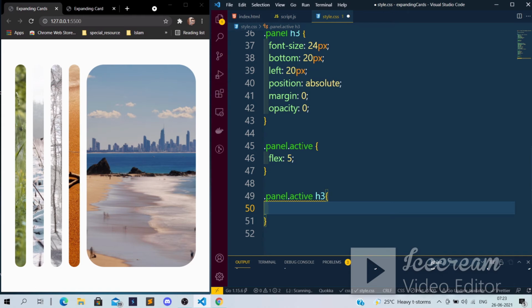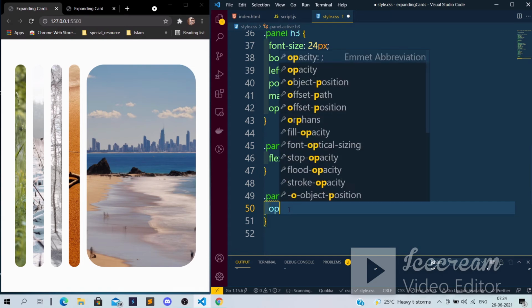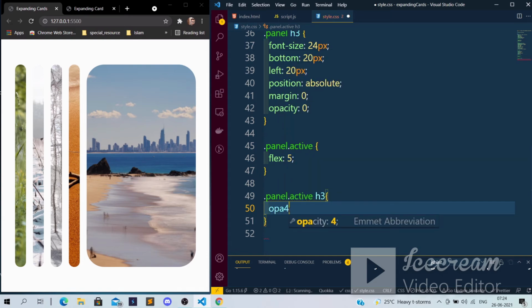That's why I've given opacity 0. But if the panel is in expanded mode with the active class, I want to show the h3 text. So I will give opacity 1. Now I'm able to see the expanded cards. Okay, got it.